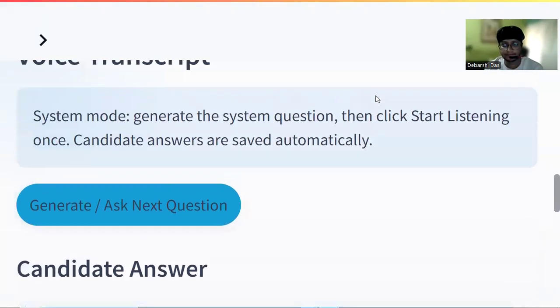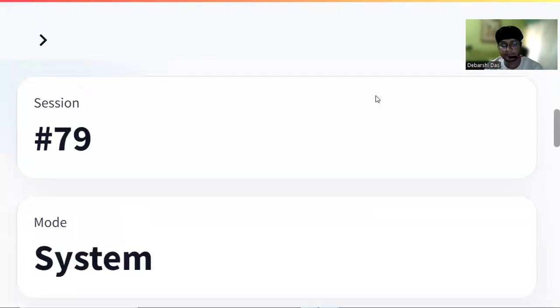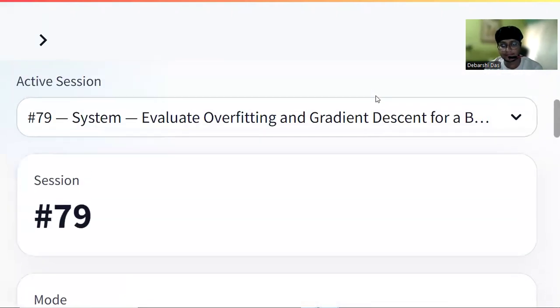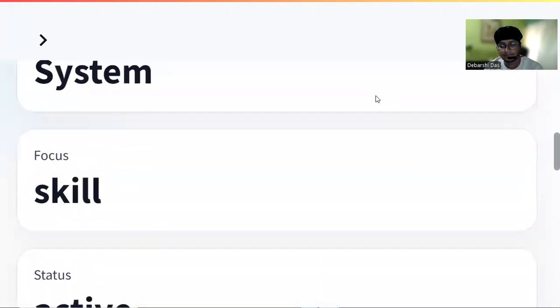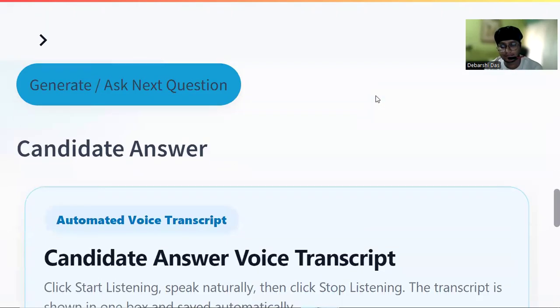Hi, welcome Debashi. So in this mock interview round, we are evaluating the concepts of overfitting and gradient descent for a beginner machine learning engineer. And we are going to get started with the questions now. So the first question is,